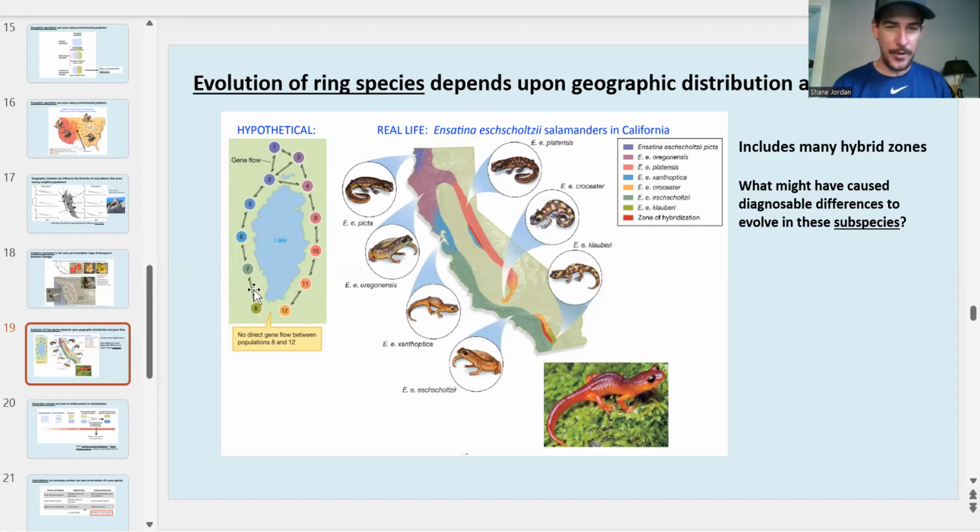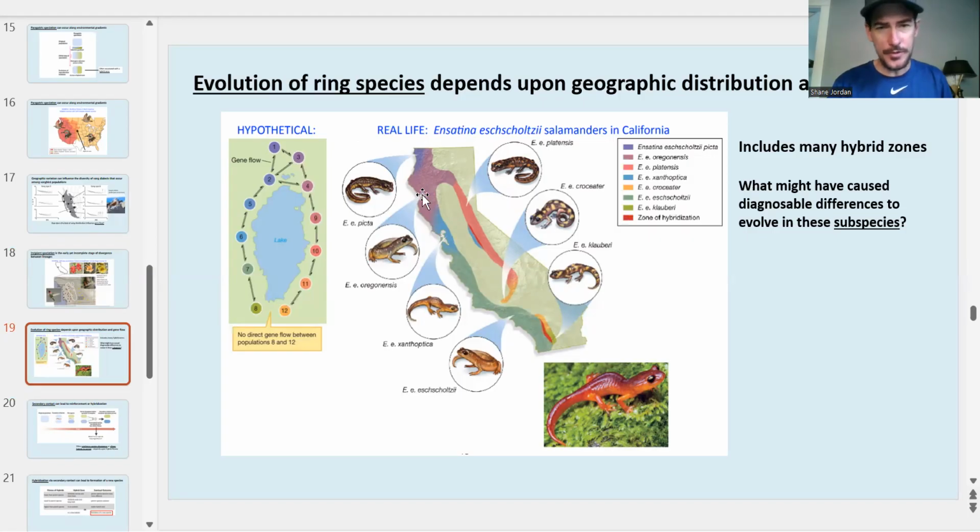And we can see where there are different amounts of gene flow between these different populations. And of course, the populations in closest proximity with one another have the highest chances of exchanging genes compared to populations that are not very geographically close to one another. And a real example of this we see comes with these Ensatina salamanders here in California, who form a ring species